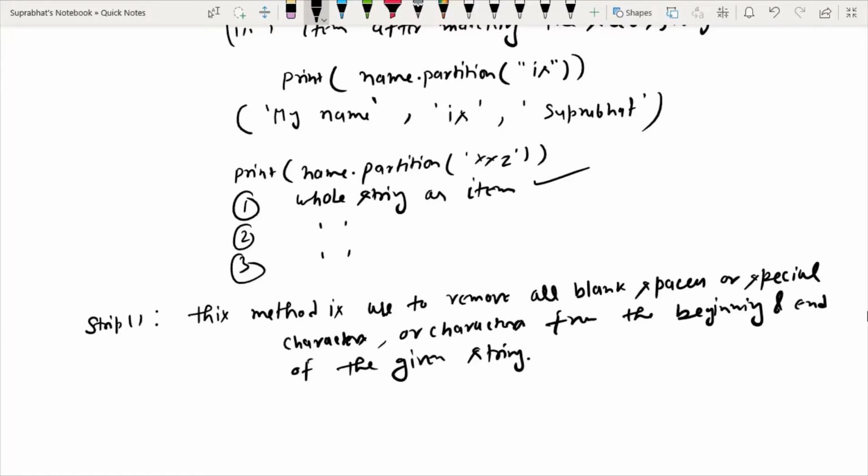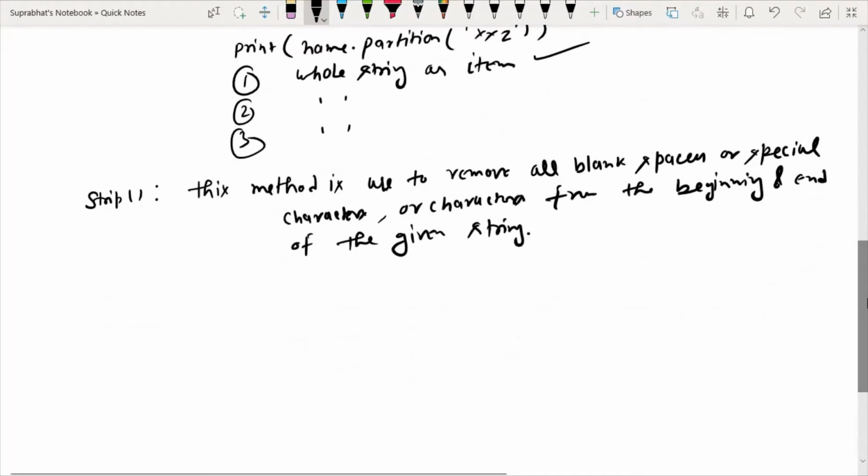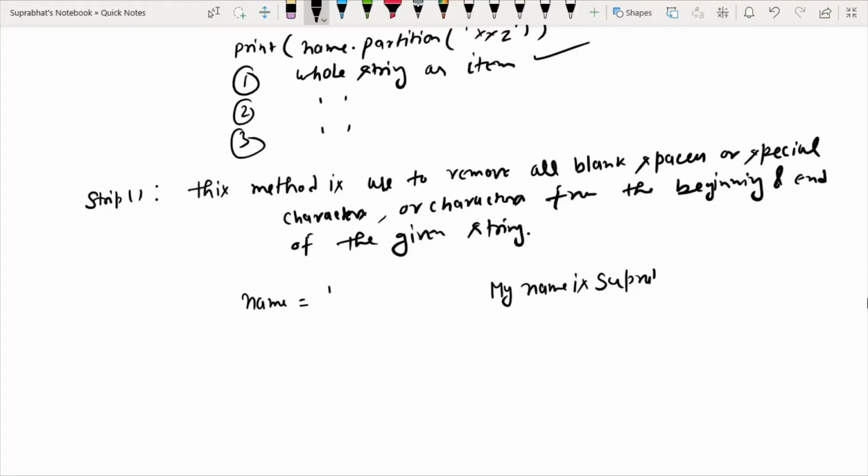For example, suppose I have written like this. I'm explaining with an example so that you will understand it. Suppose I have given the string like name equals, blank space, blank space, blank space, and now I have typed my name is Suprabhat, and after that I have given blank space, and then I will close this.